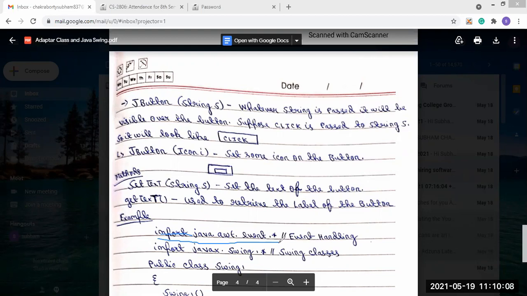So for the event handling program, first the event handling mechanism: for event handling purposes we have imported the event handling package, and then we have imported the Swing package, because the program which we will do is about Swing programming. Next, here you can see that